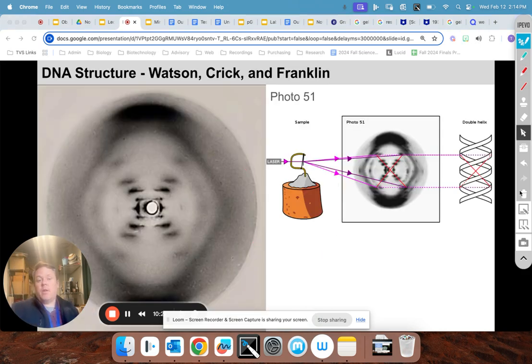How do we know this, right? We have to ask the question: we do know the structure of DNA, but how? And that gets into Photo 51. This is Photo 51, and we talked about this a little bit in the historical perspective at the beginning of the class. This is a photo taken by Rosalind Franklin, and she was an X-ray crystallographer, so she